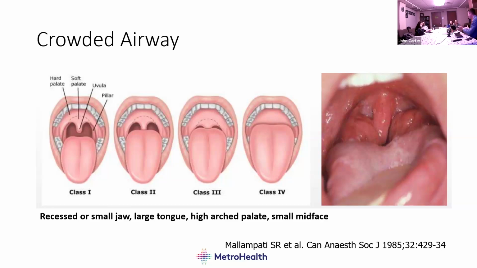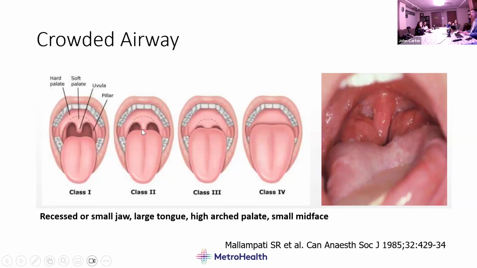Yeah, no, the key point, as you guys already know, is that saying ah will elevate the palate, right? And so that will artificially show that there's more room in the oropharynx than there actually is. So in the typical or modified Mallampati, you're either having the tongue at rest or sticking out, but you're not having them elevate the palate. And the basic idea here is it's measuring the superior inferior distance basically from the base of the tongue to the uvula, right? A class 1 airway, you can see the entire uvula, including the tip.